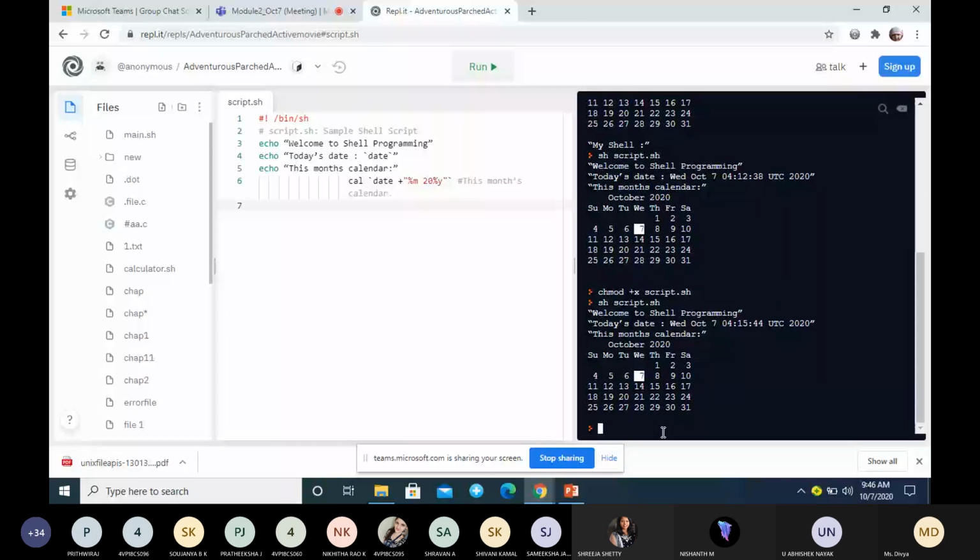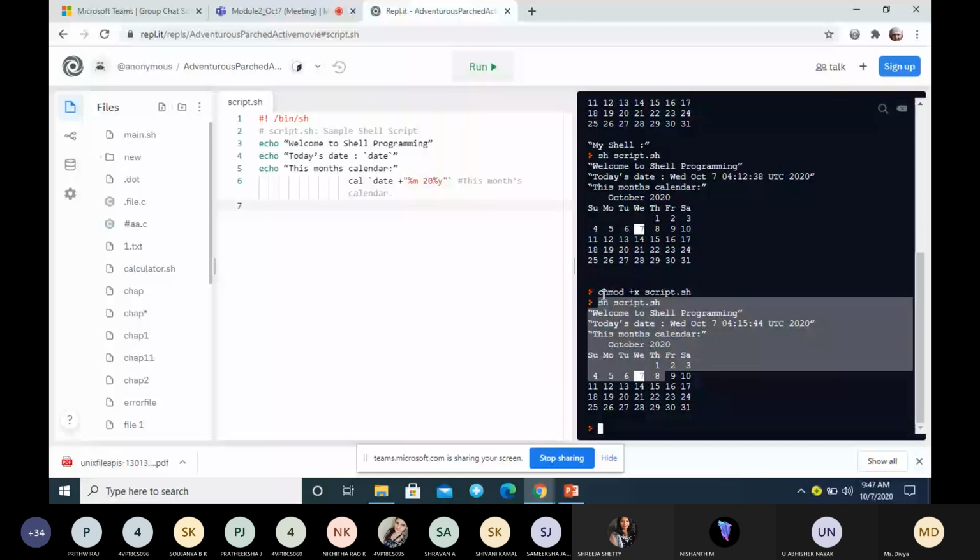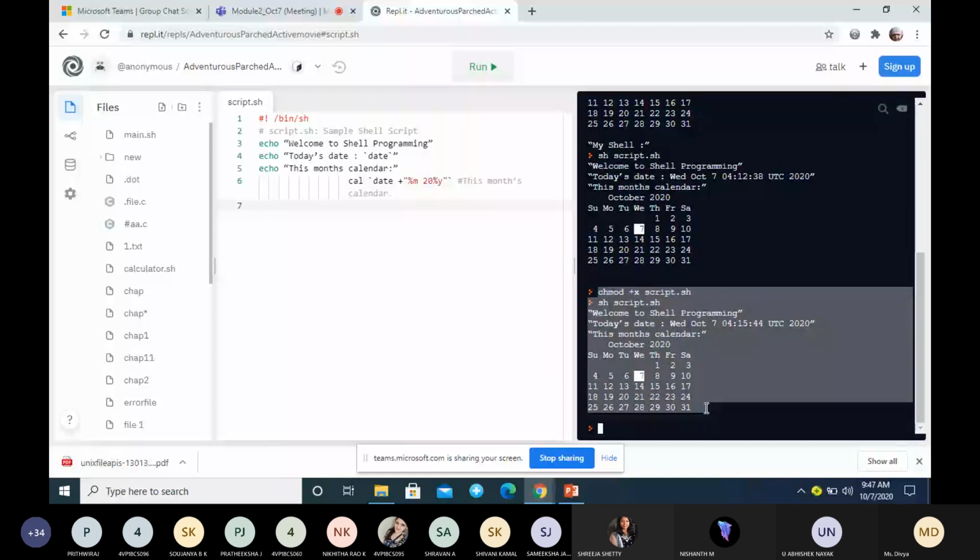This is a simple example you can view. Suppose they ask you to explain a shell script with an example. Is it clear? Any doubt in this example? A very simple example where you have the date and cal commands. When you write for the exam, write the script as well as the output. This complete thing you are supposed to write, starting from chmod till here. Is it clear? Yes, ma'am.